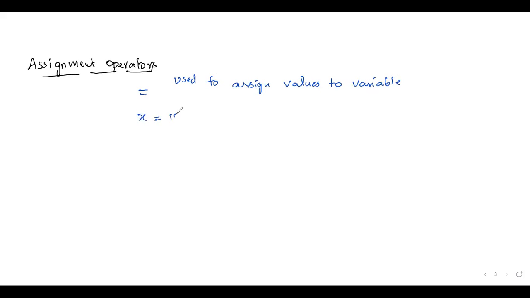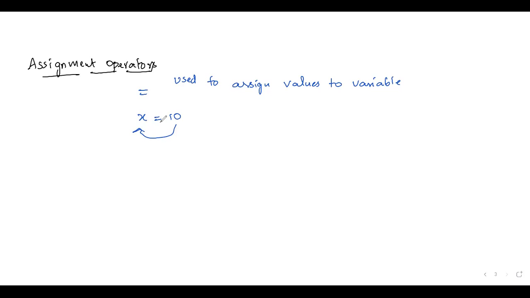X is the variable, and the value 10 is going to be assigned to variable X. The value 10, which is at the right side of this assignment operator, will be assigned to the variable at the left side. That is the assignment operator.